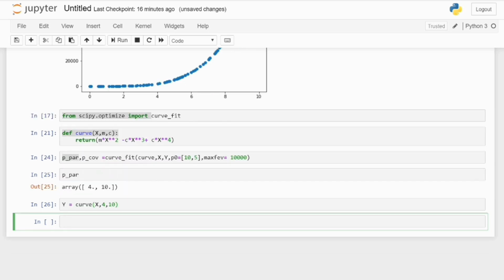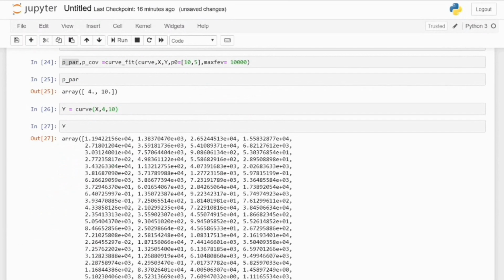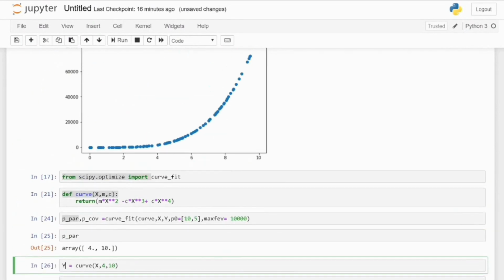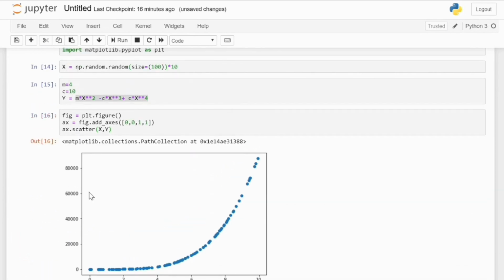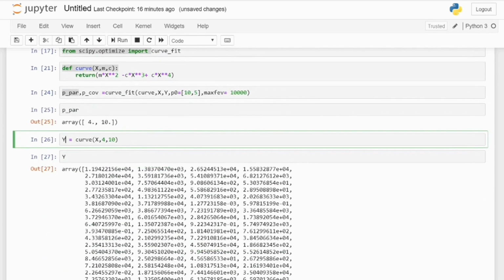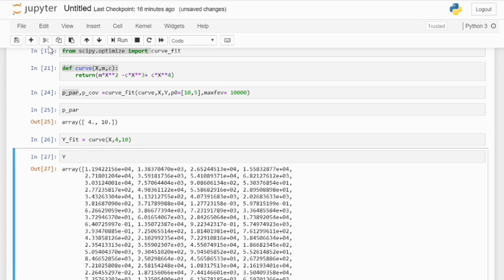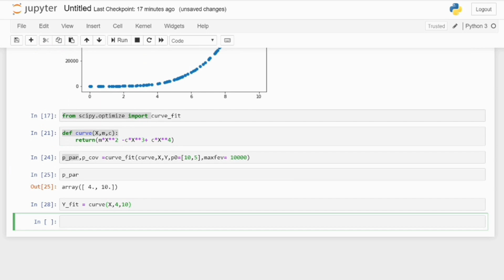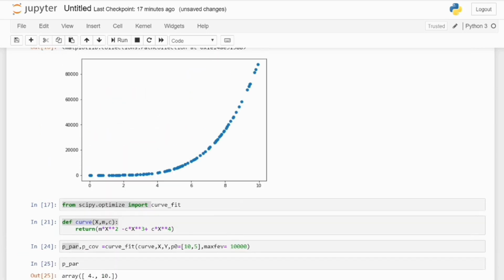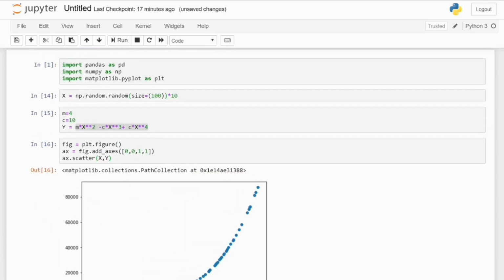If you see, you will get y values on this one. We have already saved these values, so I'm going to save this as y fit. Your y fit will be the fitted values, and I will run this again so that our y values will be saved.